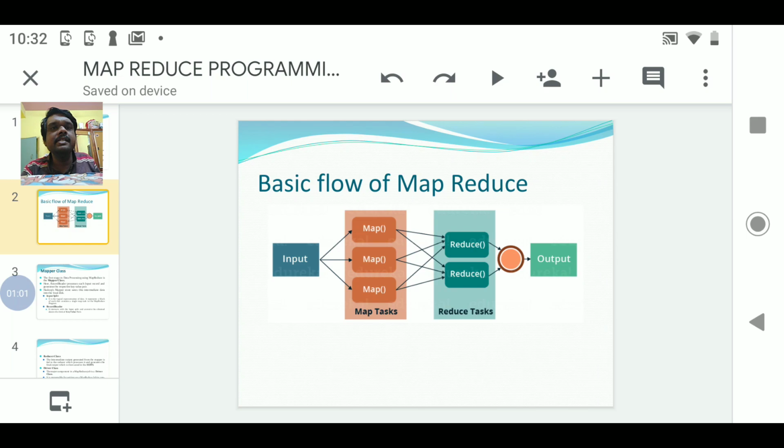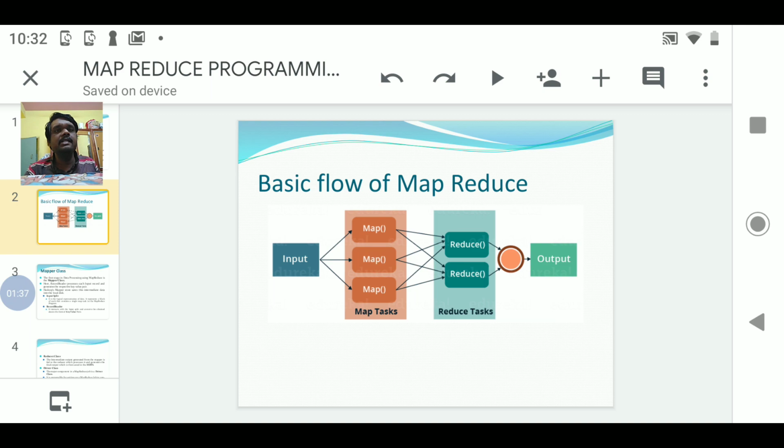So here is the block diagram of your MapReduce flowchart. Here you can see that there is an input, there are n number of mappers, which are nothing but your map tasks. There are n number of reducers, though it need not be n, there can be only one reducer all the time, and you are going to get a final output. The input is the input file, which is going to consist of some text. This will be sent as an input to the mapper.